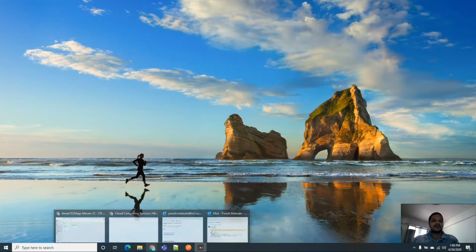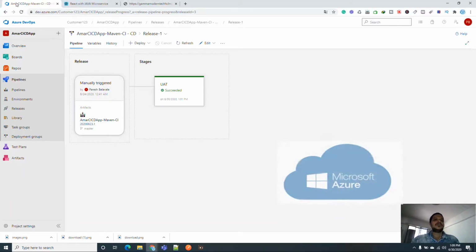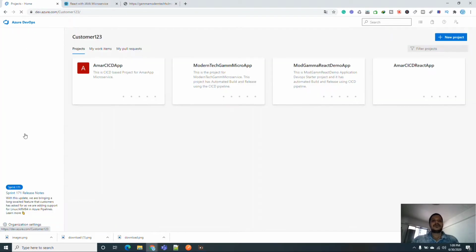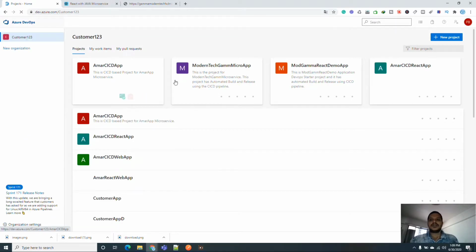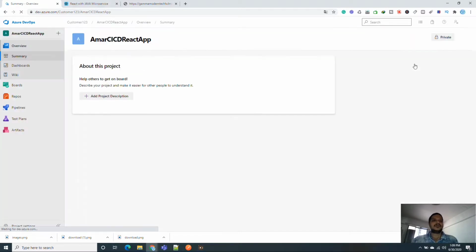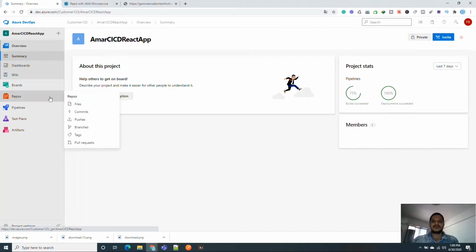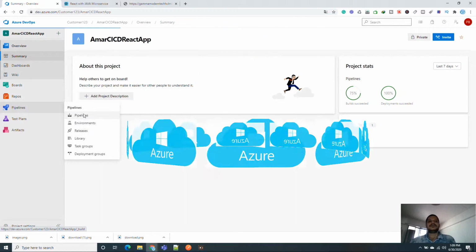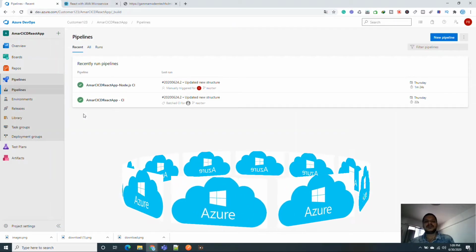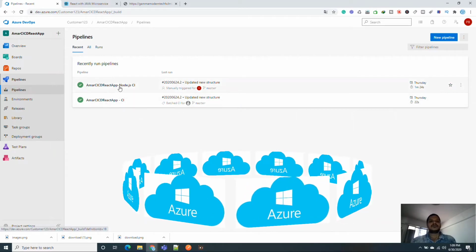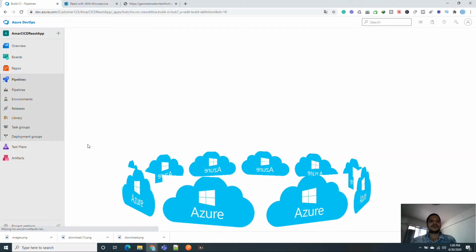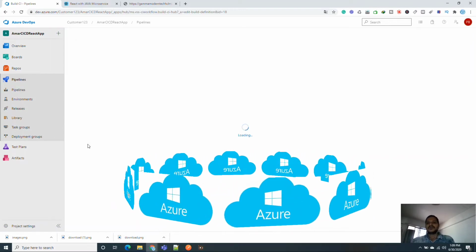Okay, alright, so we'll quickly go to the Azure DevOps portal. So this is my Azure DevOps portal. I already created one React application in the Azure DevOps portal. So we'll just go through it. This is the description, this is the pipeline status. The main important thing is I created one pipeline for the continuous integration. So this is my pipeline which I have set up for the continuous integration. We'll just quickly go through it. What are the steps I have configured? So in the continuous integration